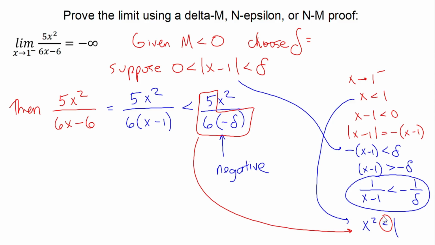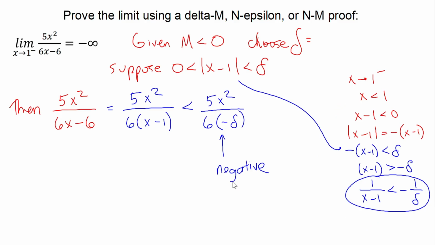So knowing that x squared is less than 1 is actually not helpful in this problem. We actually need to know something that x squared is greater than, because then when I multiply it by this negative, this 5 over negative 6 delta, it'll flip the inequality sign to be a negative, which is exactly what we need. So what we'll do is we'll just go back here,